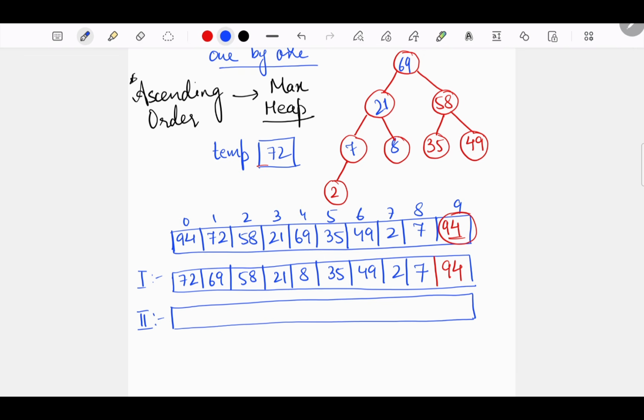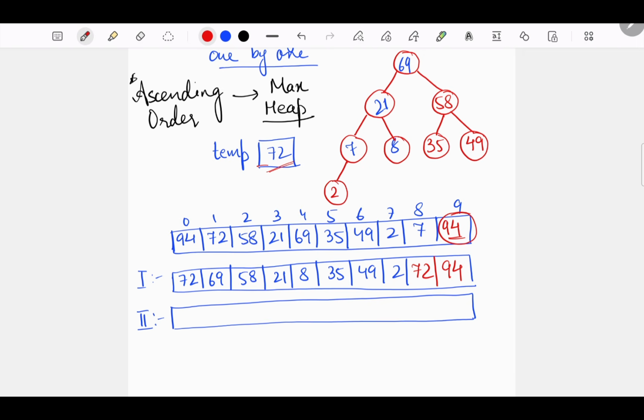Okay. So now if I store this array in level order fashion, first of all, what do we see? That this 7 is not here anymore. So can we store the deleted element, which is in temp now, into this place? Yes, we can definitely store.